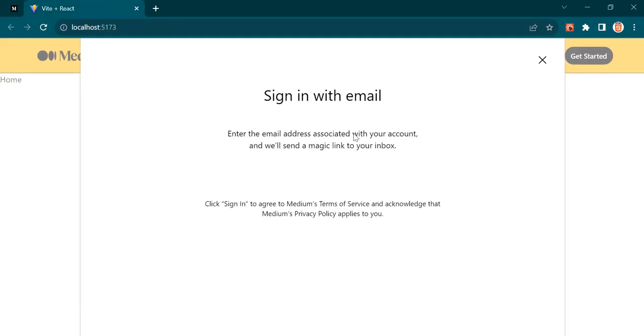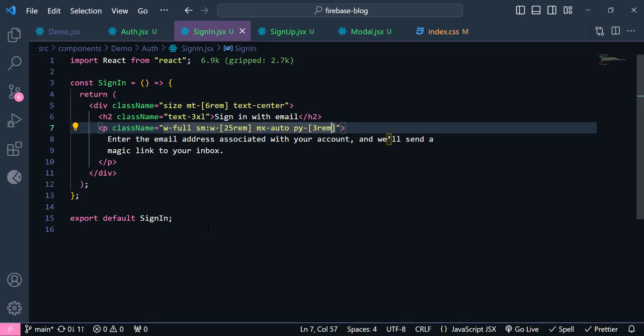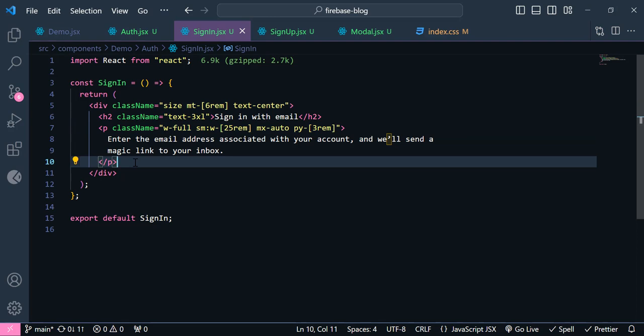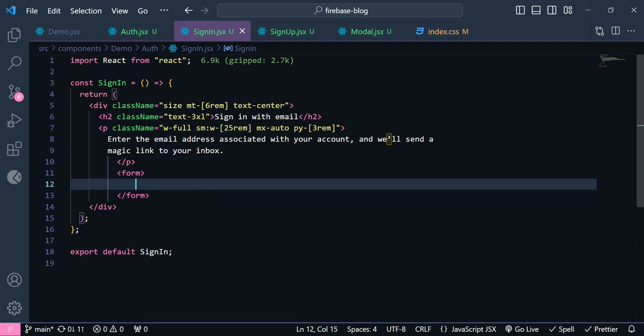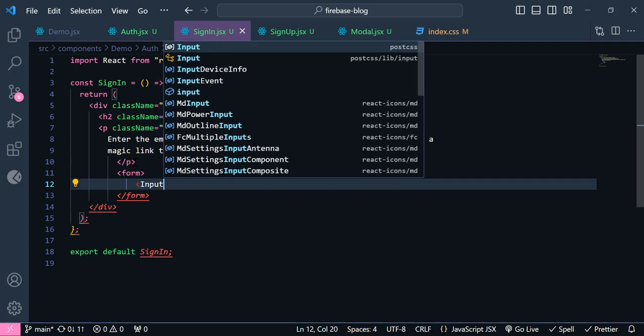Now let's check it. As you can see, our title and the description is ready. Now let's work on our form. So down here, we are going to have a form tag, and at first we need to have input, but again I'm going to use a reusable input in here. So I just write here input,